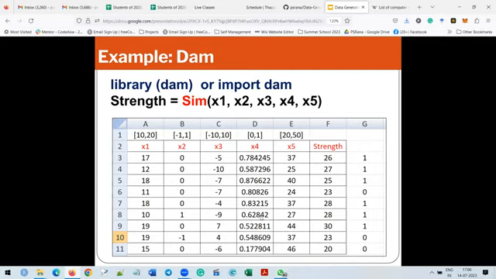Yes. Perfect, perfect. Now whenever I am playing with this simulation software, I got to know that if my model's strength is 25 and above, then the dam is stable, and if it is less than 25, the dam is unstable. Then again I labeled it.